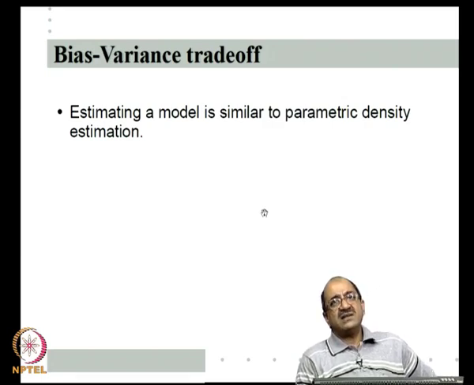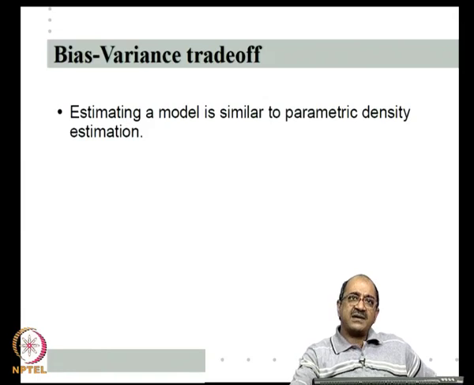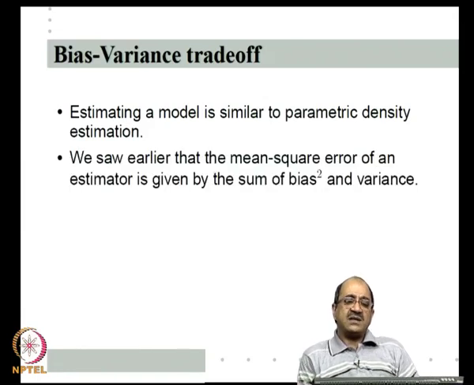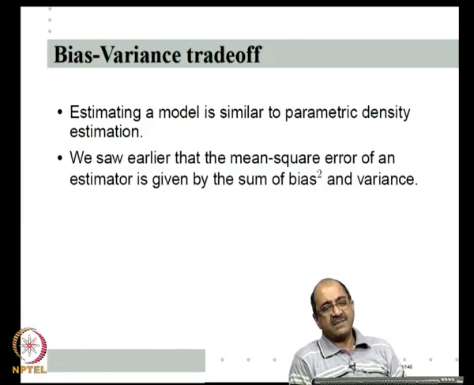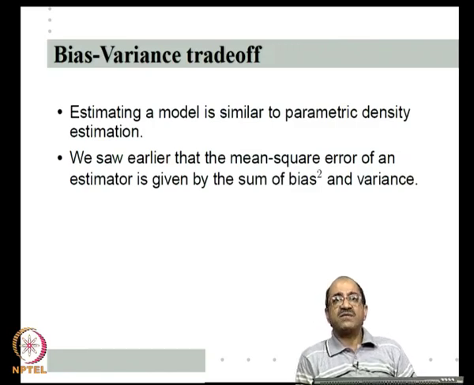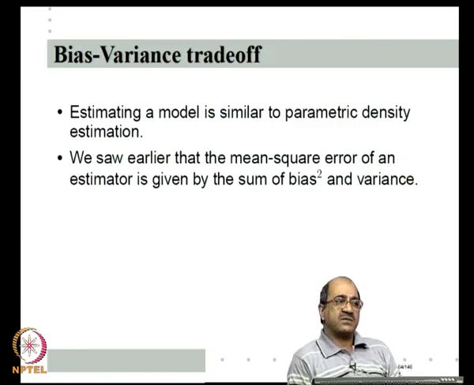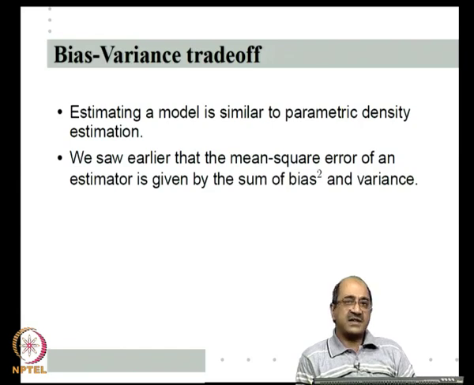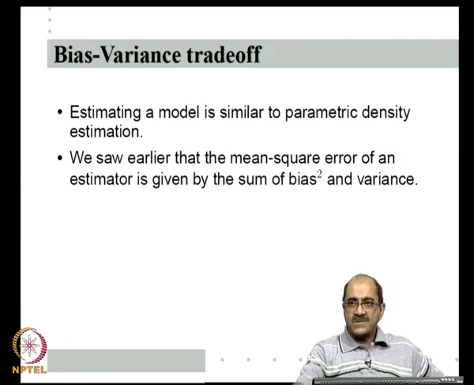Estimating a model is very similar to parametric density estimation that we considered. When we discussed parametric density estimation, we saw that the mean square error of an estimator is given by the sum of its variance and bias square. We showed that the mean square error of any estimator can be written as bias square plus variance. Right. So,